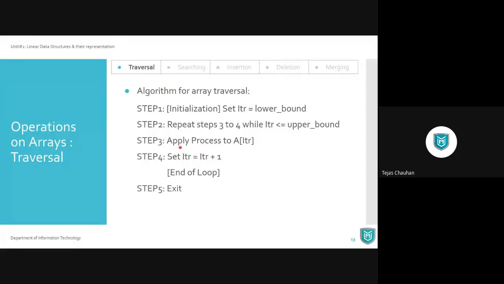When I say I want to apply a process, if you want to print it, then do printf here. If you want to count the number of elements, then you can have a counter and do cnt plus plus here. Whatever you want, you can do at this place, step number 3. This is simple traversal of the entire array.